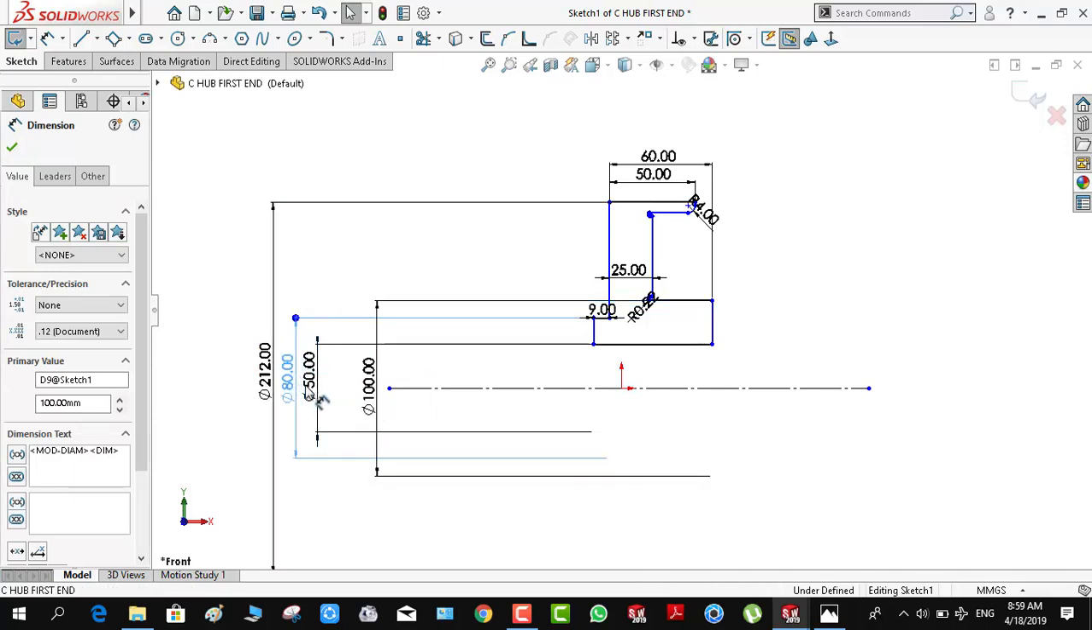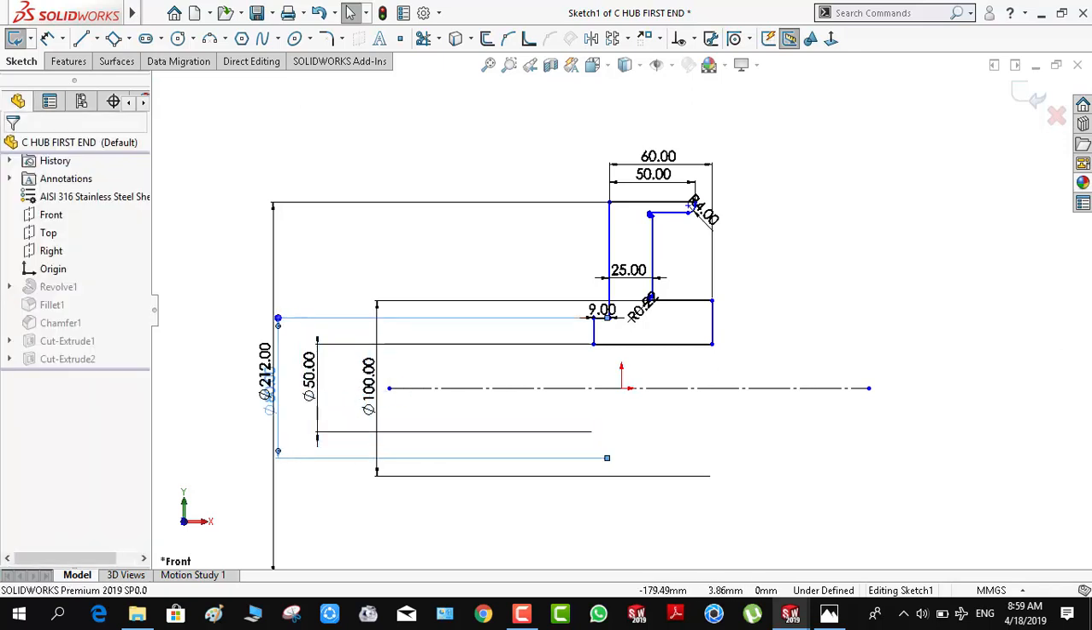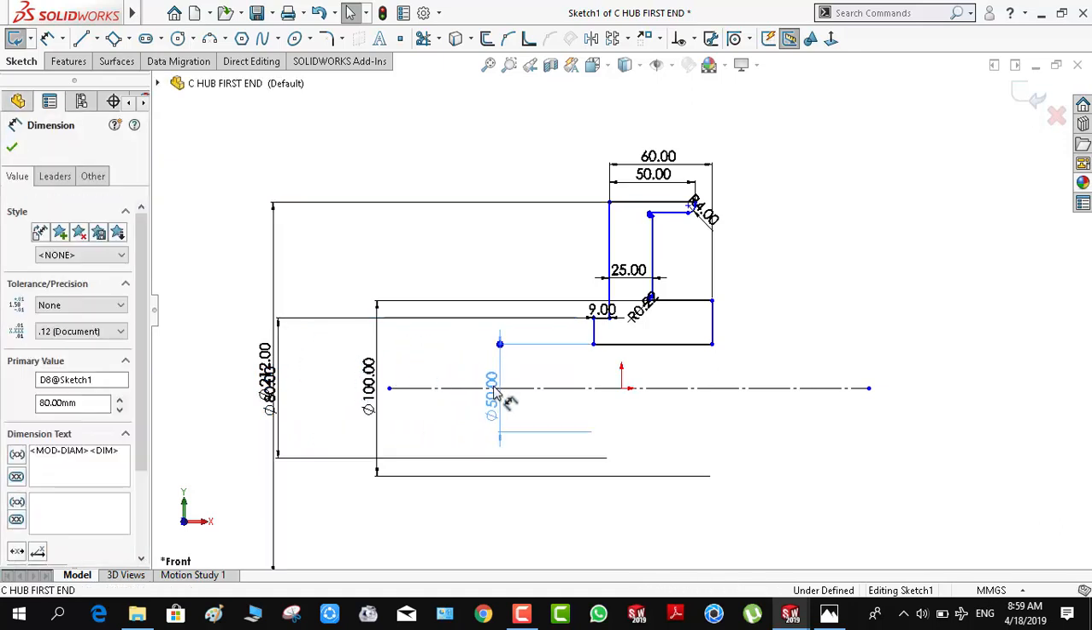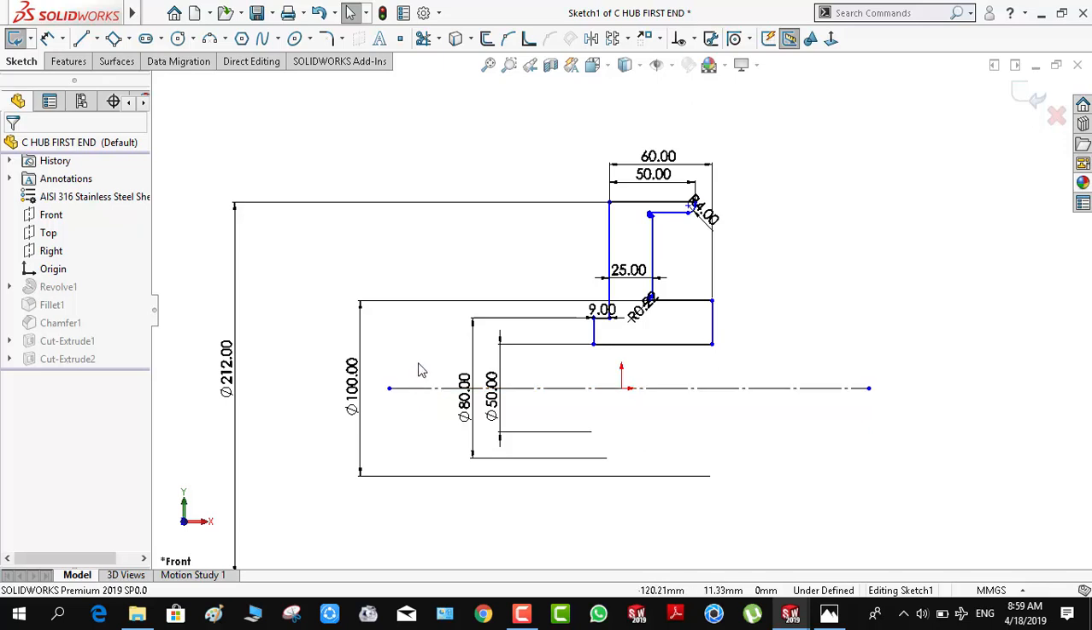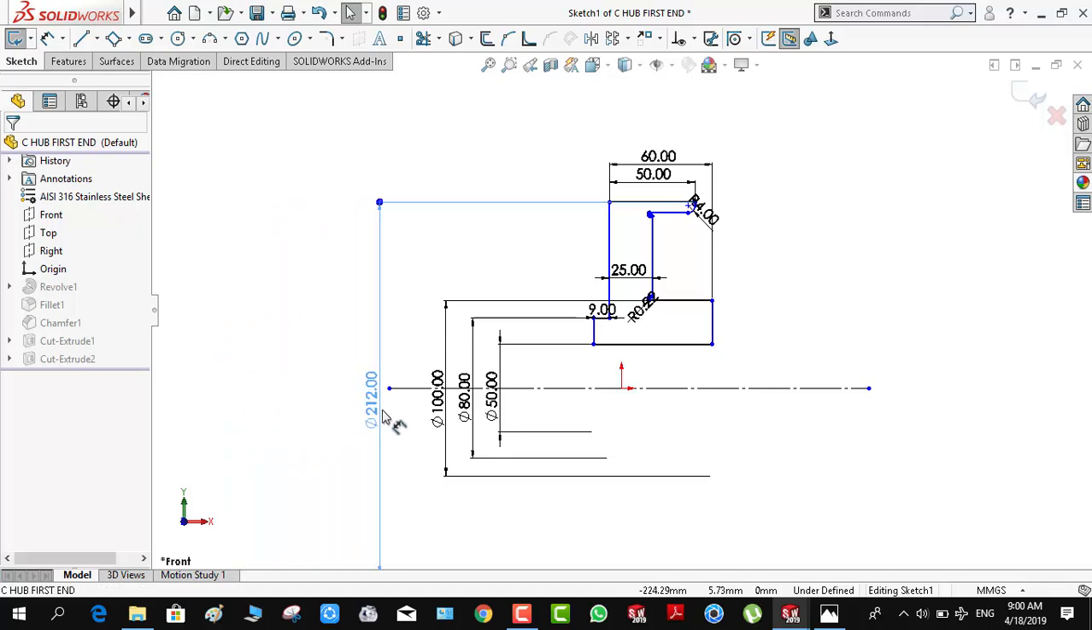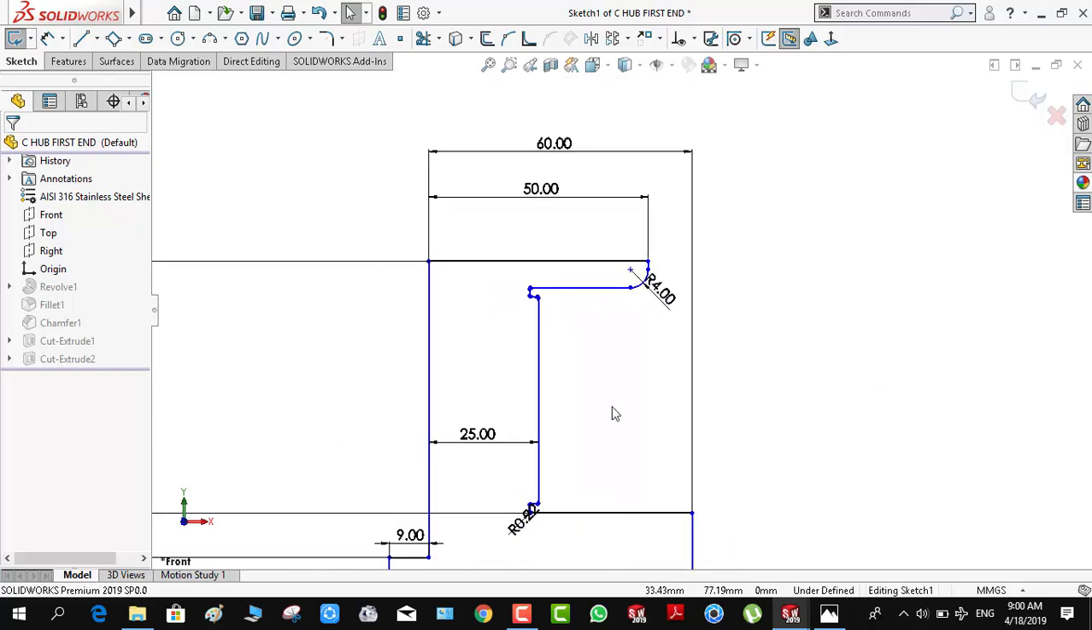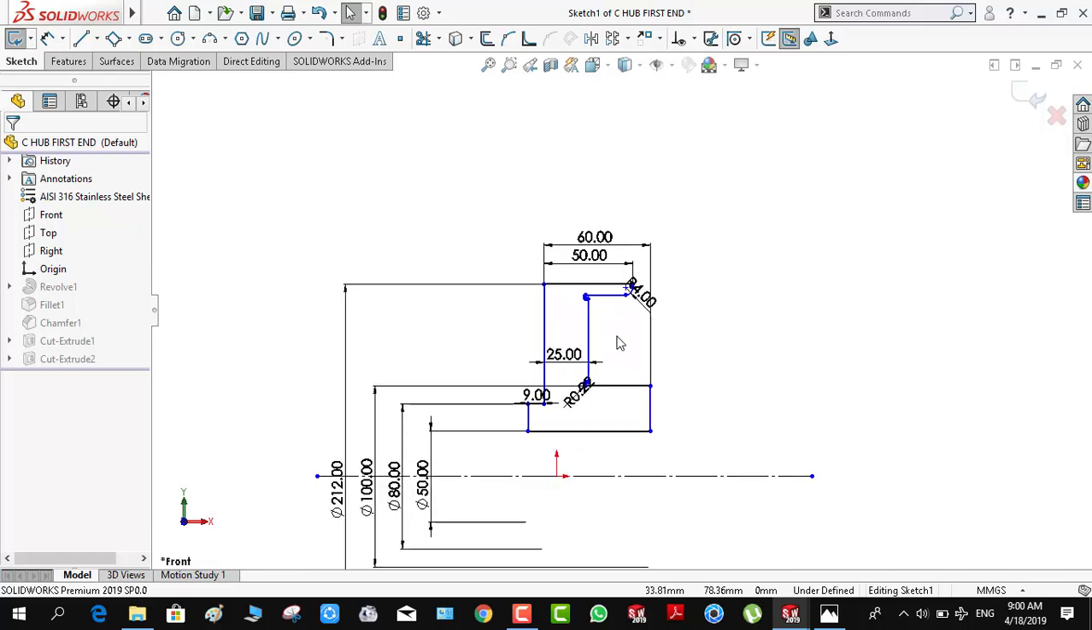The rod dimension is 50 millimeter, so the inner diameter equals 1.5 times the rod diameter, which means 80, and the outer diameter of the hub equals 2d of the rod, which means 100, and the overall outer diameter equals 4d plus 2t, which is 6 millimeter. Okay,